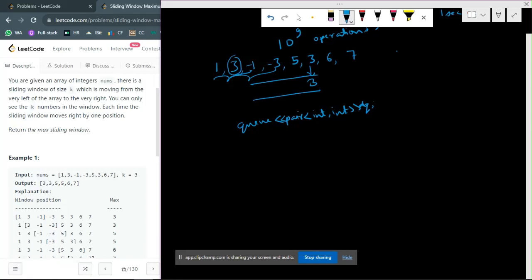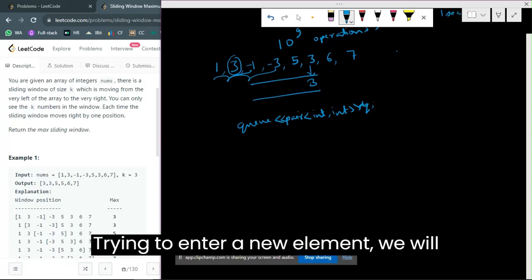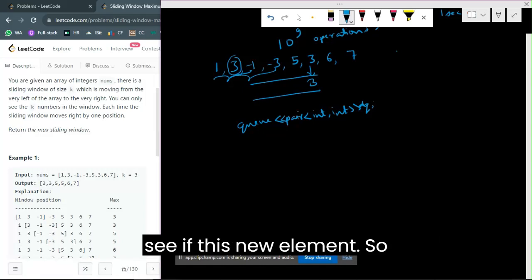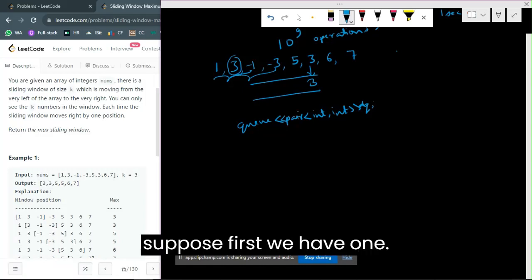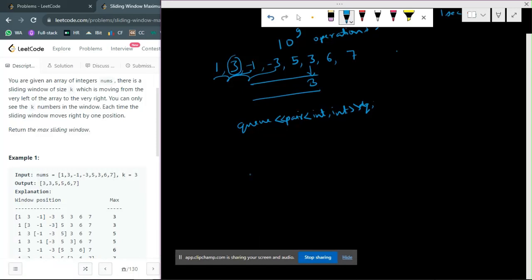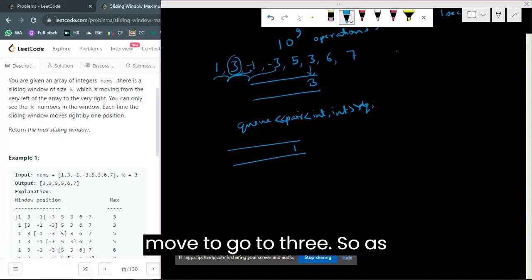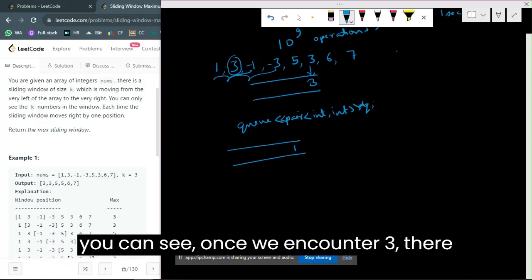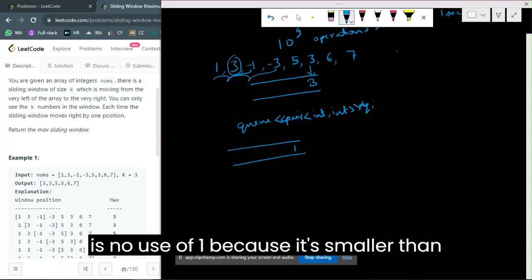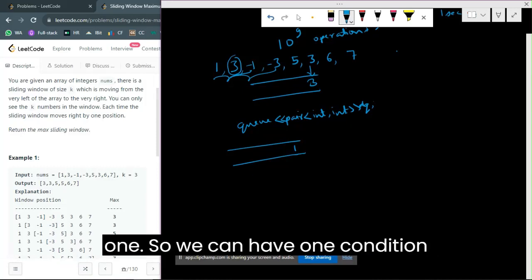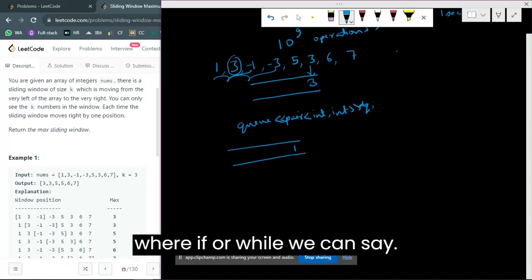When we are trying to enter a new element, we will check it against the existing ones. Suppose first we have 1, so 1 will come, and there are no more elements to process, so we'll move forward to 3. Once we encounter 3, there is no use of 1 because it's smaller than 3. So we can have one condition where